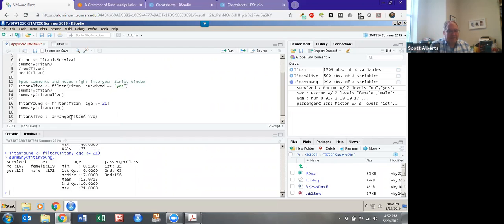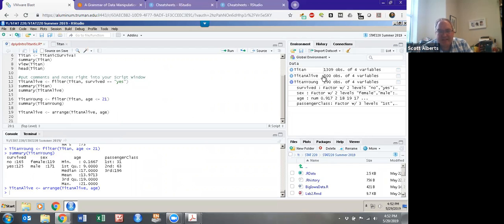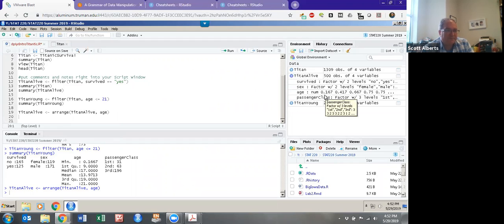Titan alive. But now we're going to arrange it by age. And if we do that, you'll see that nothing has changed. And in fact, over here, it's still 500 observations of 4 variables. But now you can see that the youngest people are in there. So the 2-month-old is at the beginning, and the 80-year-old will be at the end of the list. Of course, the 80-year-old we can't see because it's way at the end of the 500